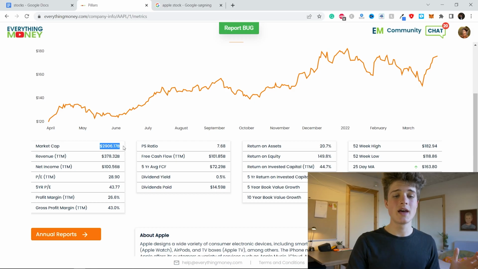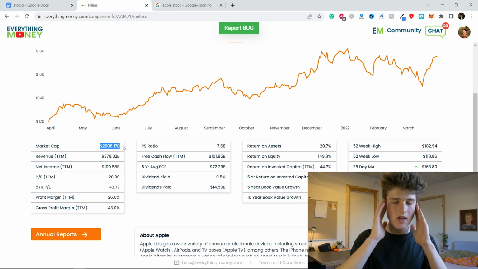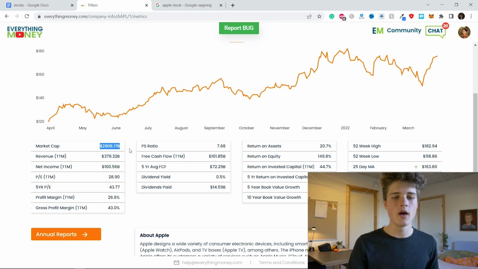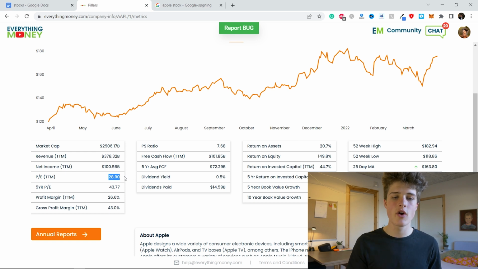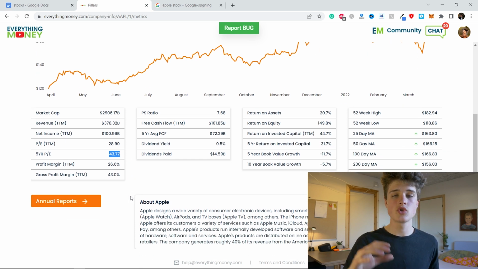First of all, we see that it is an insanely huge company, almost a $3 trillion market cap, and the revenue has been the past year $378 billion, with net income of $100 billion, a price to earnings ratio, which is their market cap divided by their earnings, of 28.9. Their 5-year PE, the average has been 43, so they are trading at the lower side